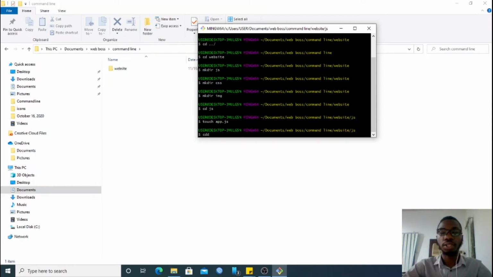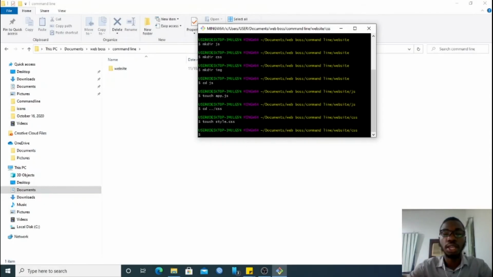If I get out of this directory and I come over to cd .. I can do css. So I am now in the css directory and I can of course do touch style.css. How do I know if this file has been created without having to use my GUI to navigate from one folder to the other? It takes us to the very next command.